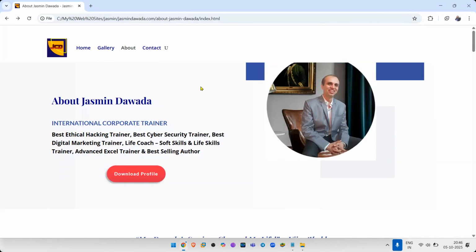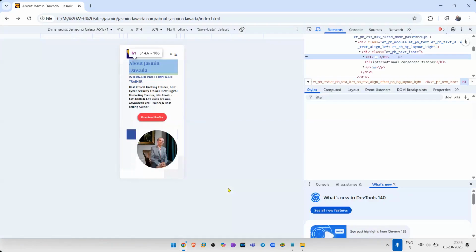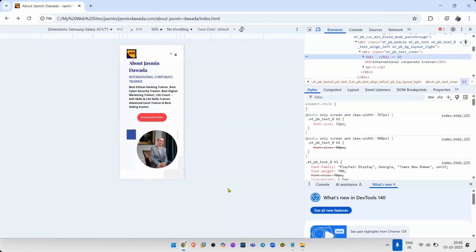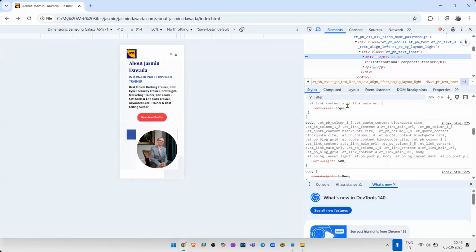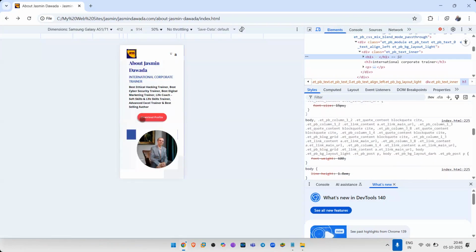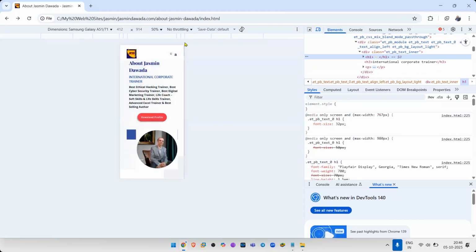What you can do is right click, select inspect, and as a hacker, you will identify each and every element of the website: how it works, what is the name of this particular thing, what is the name of that particular thing, what is the font being used and all that. Remember, a hacker takes weeks and months of planning to make it perfect, right?